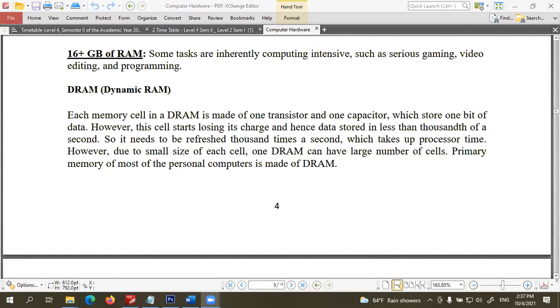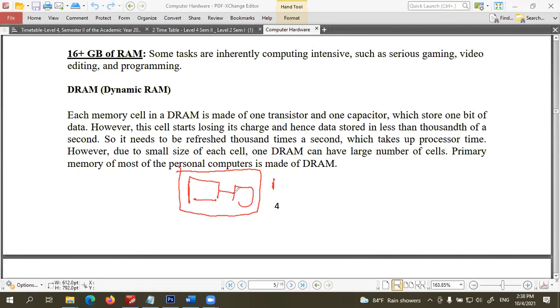Right, children. So RAM is made up of transistors and capacitors. Normally in your electronic lessons you may learn them. So one transistor connected to a capacitor is called one cell in RAM, which can store 1 bit. So if it is a 4 GB RAM, you can see how many capacitors and how many transistors are there in the RAM.